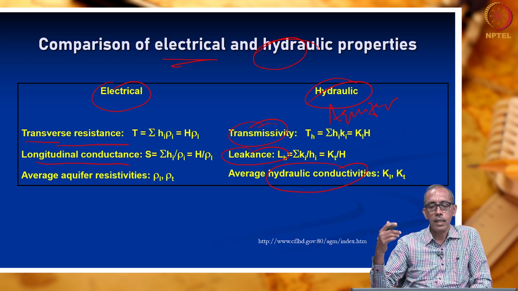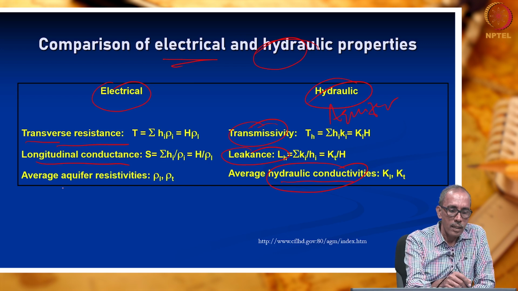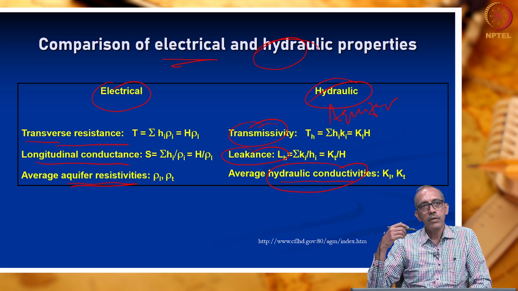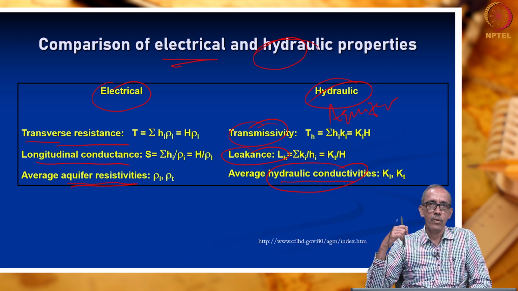So, what is equivalent to hydraulic conductivity? Here we have aquifer resistivity. The resistivity of the aquifer, which we measure by the electrical resistivity method, is related to hydraulic conductivity. So it offers greater potential for the application of the resistivity method to understand groundwater occurrence below the surface of the earth.